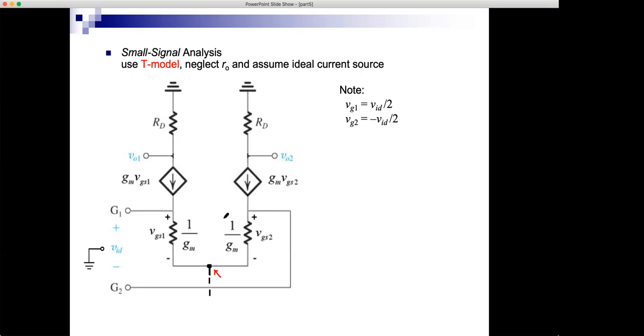Let's try to analyze what we have here. I have a voltage here, which is VID over 2, and then a resistor 1 over gm, and then this node, and then another resistor 1 over gm, which is exactly equal to the previous resistor, and then a voltage here, which is minus VID over 2. So the circuit looks something like,